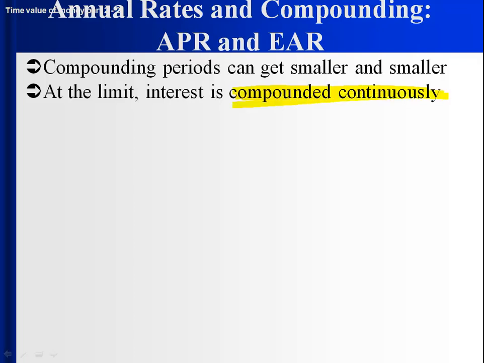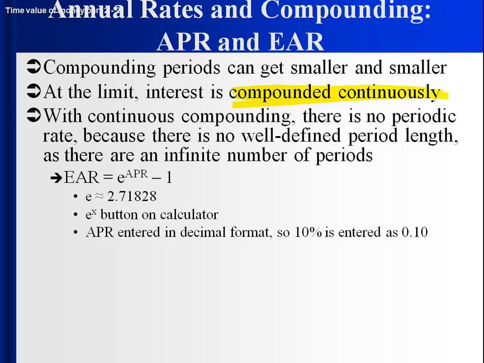And that's where you get continuous compounding. The way to think about it is that you're constantly getting interest on interest, interest on interest, and in the limit, that's what you're getting. And so there's no periodic rate because there's no period. There's an infinite number of periods. So you can't figure out the EAR by saying, okay, what's the APR? Let's divide it by 28 billion, because there's more than 28 billion. It's infinite. So you have to figure out the EAR by using e, which is a button on the calculator,